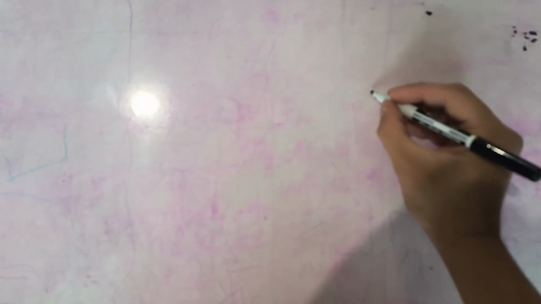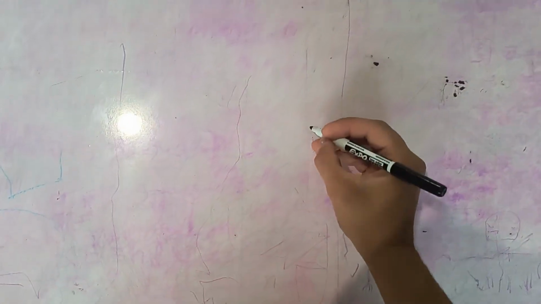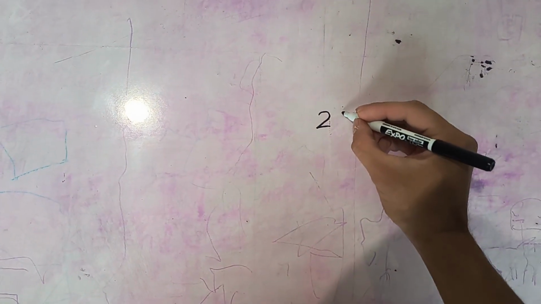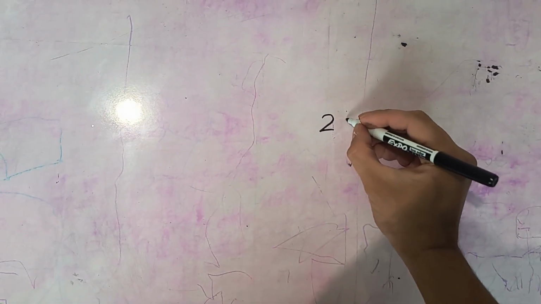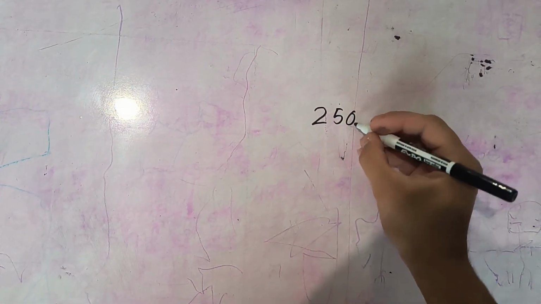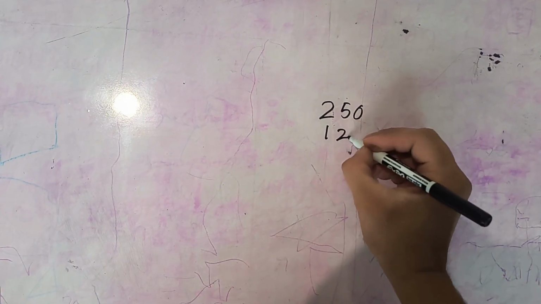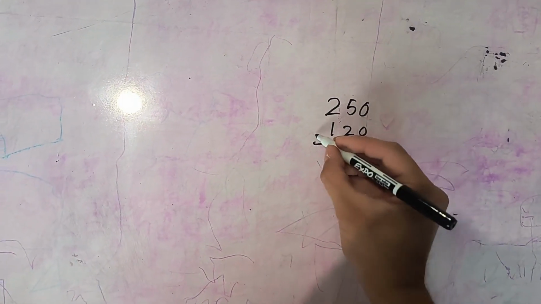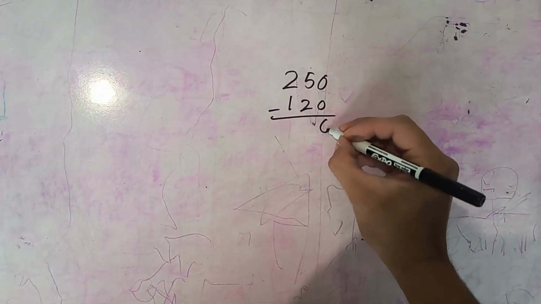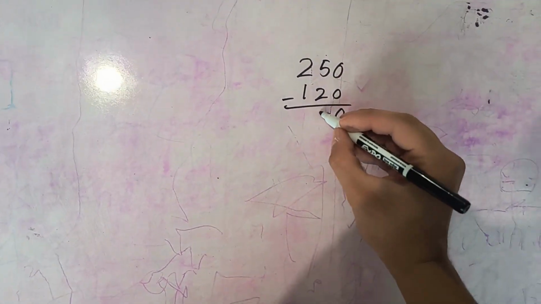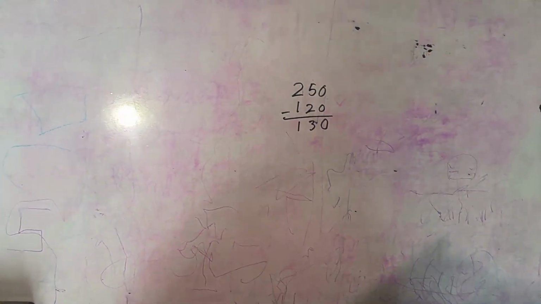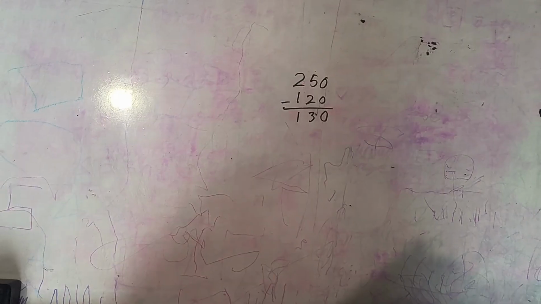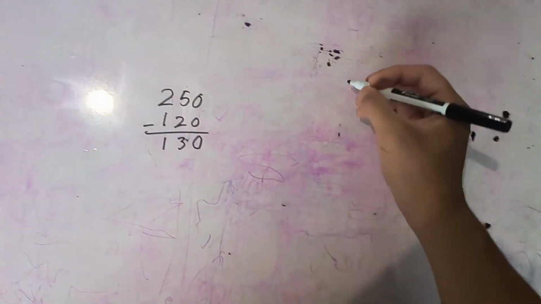Today, well, actually, here. If I were to ask you to subtract 250, sorry, subtract 120 from 250, this would be pretty easy. You just go 0 minus 0, 5 minus 2, 2 minus 1, and that'd be it. But if I were to ask you to subtract